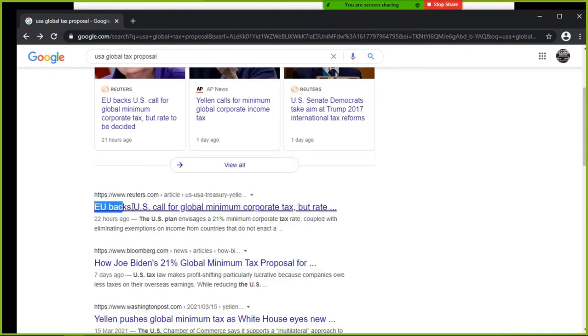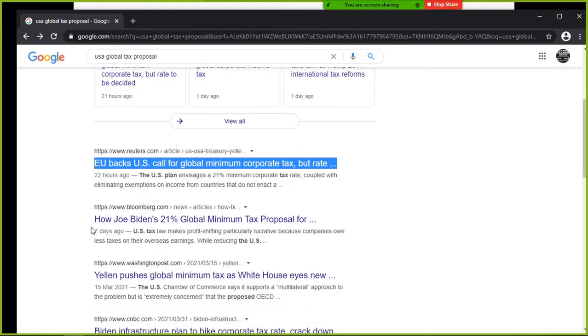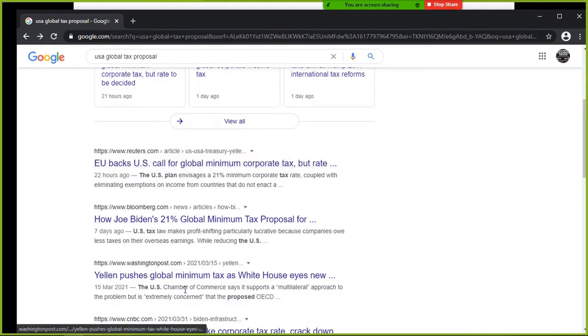Okay, so you can go to any of these websites. Reuters is a good source of information, Bloomberg, Washington Post, all of these. They're very reputable news broadcasters, and that's what they're talking about at the moment. Okay, 21% global tax. If this goes through, it's going to be quite, how can I put it,